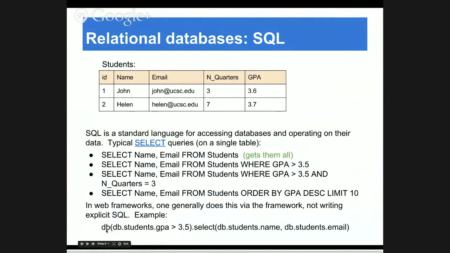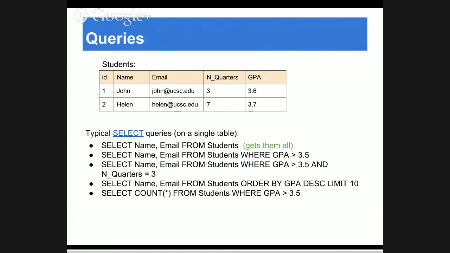What I do in Web2Py is I say db, and then I write the query, db.students.gpa. This is the GPA column of the students table, and then I write select, and I can say which rows I want. But the general SQL syntax always works. So these are more examples of queries.